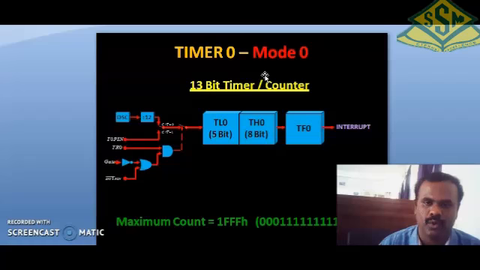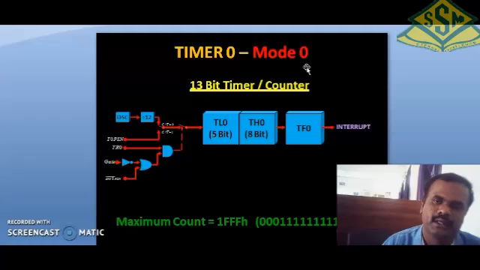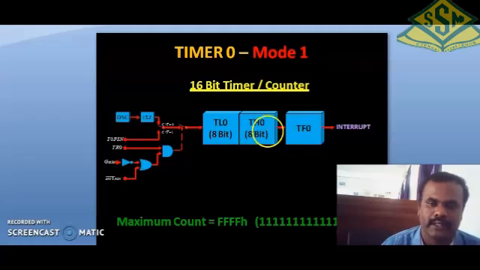For the timer 0 mode selection, the first one is mode 0, which is a 13-bit timer counter. Although we have 16 bits, it counts only 13 bits. This is the mode 0 position. The other condition, mode 1, is a 16-bit timer. TH0 and TL0 together form the 16-bit value, and it counts up to the final end. These are binary numbers, which are converted into hexadecimal values.